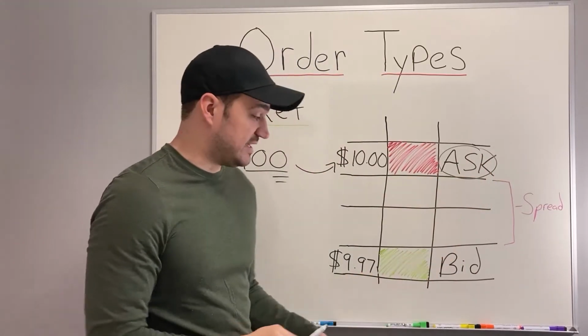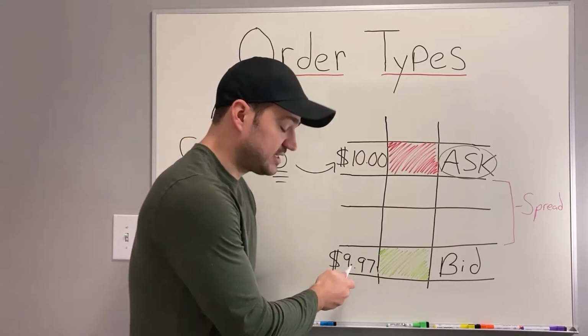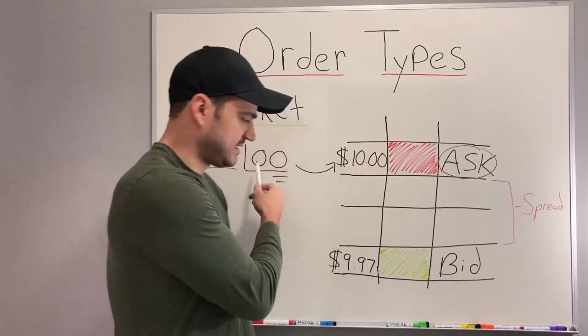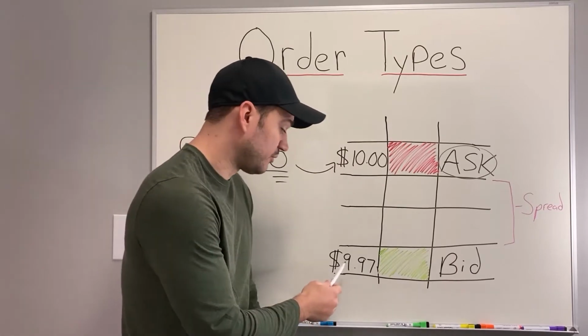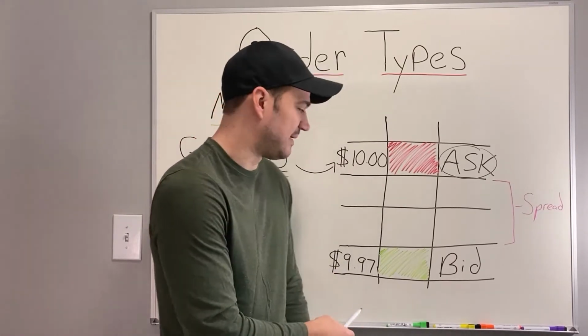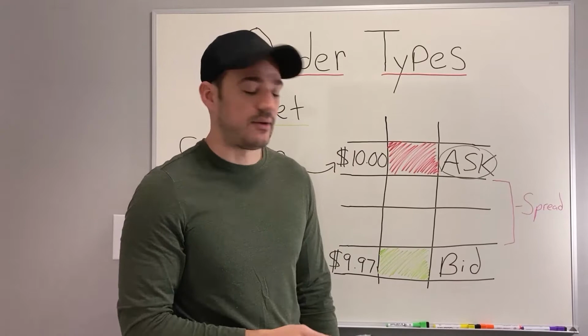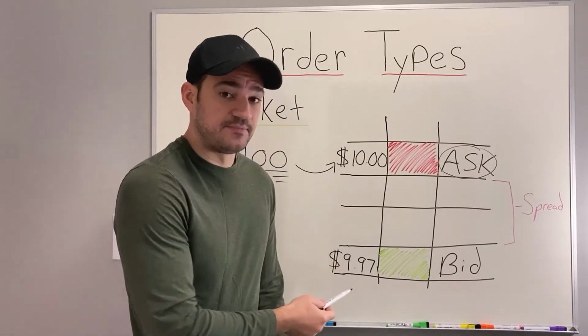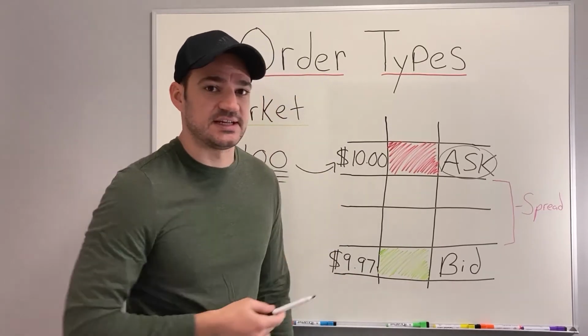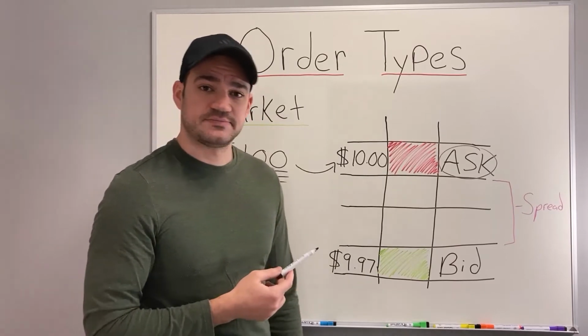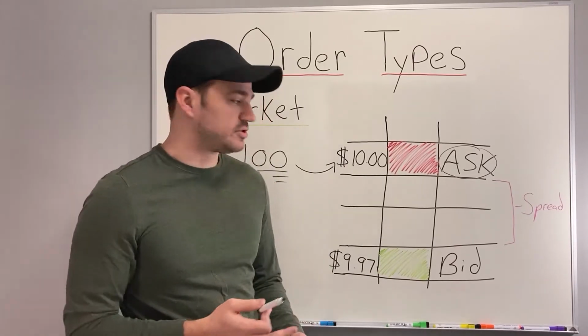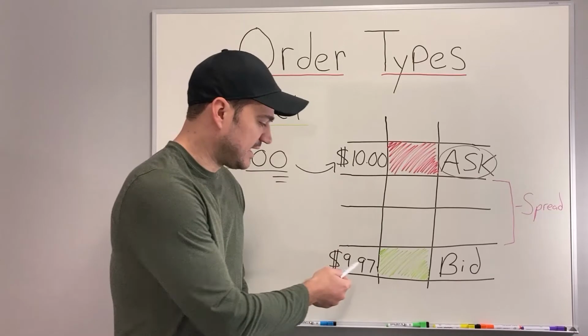Now the bid is somebody out there saying, okay, this is the highest I'm willing to buy. Let's say 100 shares of GameStop. I only want to pay $9.97. I'm not paying $10. I want to wait till it hits $9.97. Now you might look and ask, what's the difference of 3 cents? Well, if you're trading 100 shares, not much. But when you're trading tens of thousands of shares, that 3 cents can be hundreds of